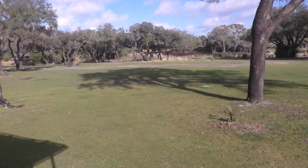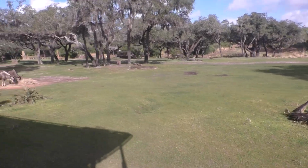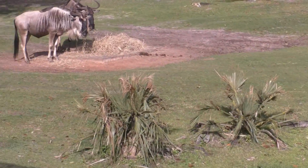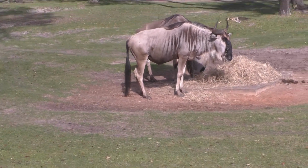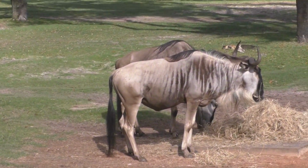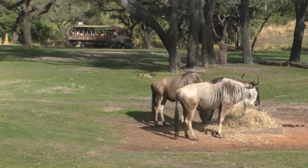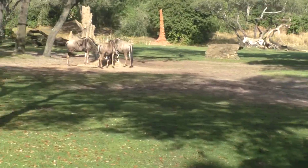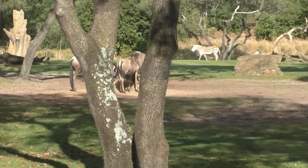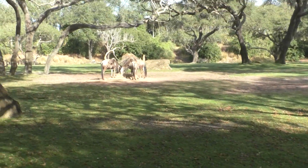Wildebeest are part of one of the largest migrating groups of animals in the world. They travel in sizes of up to 1,000 members during the Great Migration. What looks to be stripes down their coat are sweat lines. They deal with the heat the same way we do. It's what keeps them nice and cool. They're also known as gnu, but that's for the noise they make. That's G-N-U with a silent G. Special scent glands also allow them to smell areas that could have water from incredible distances away. So on the savannah, if you're ever searching for H2O, just follow the wildebeest and they'll probably lead you right